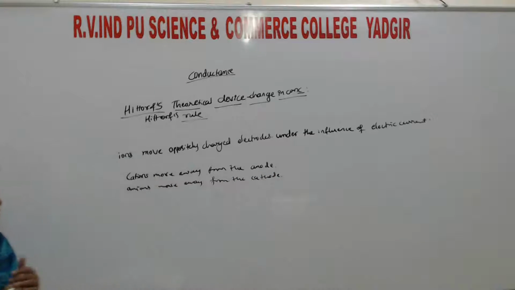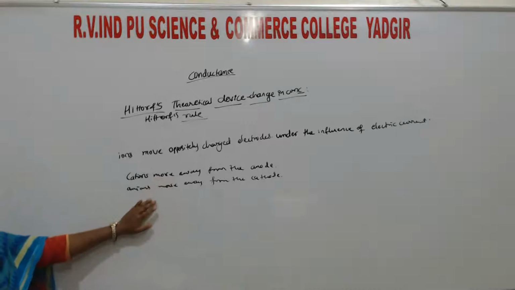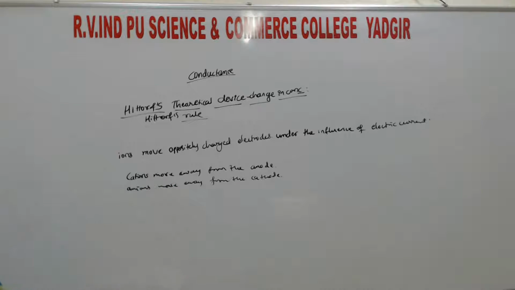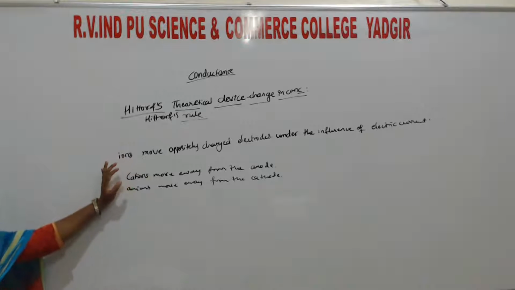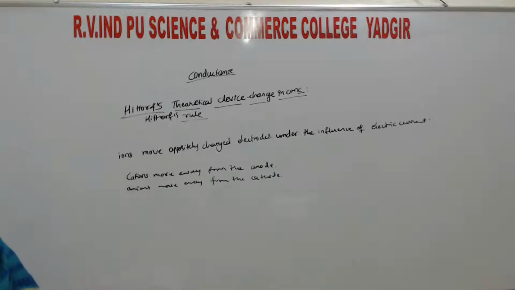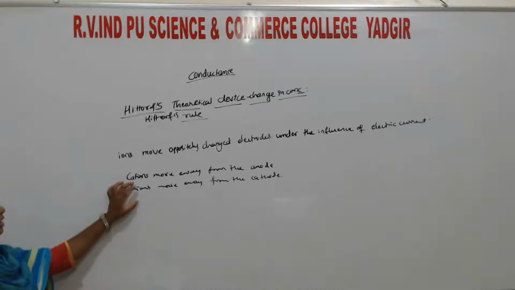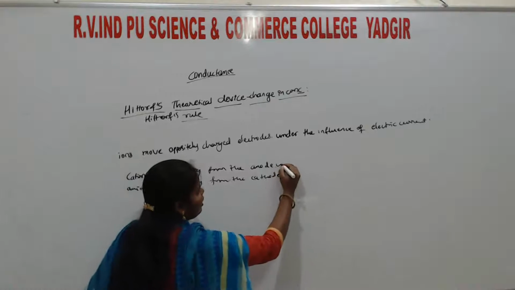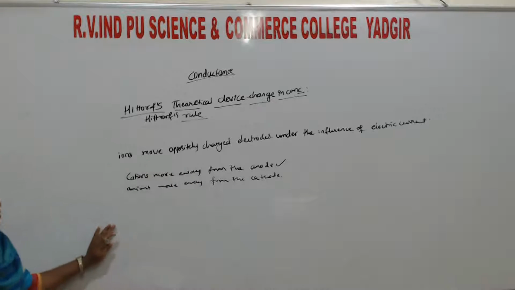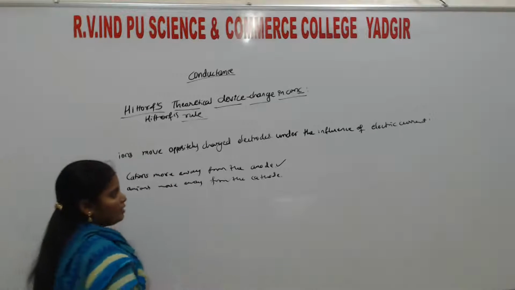Here the cations are moving away from the anode and the anions are moving away from the cathode. These are proportional to the fall in the concentration of ions at the anode, and similarly the anions moving away from the cathode will be proportional to the fall of its concentration around the cathode. Here is the fall in the concentration of cations at the anode and the fall in the concentration of